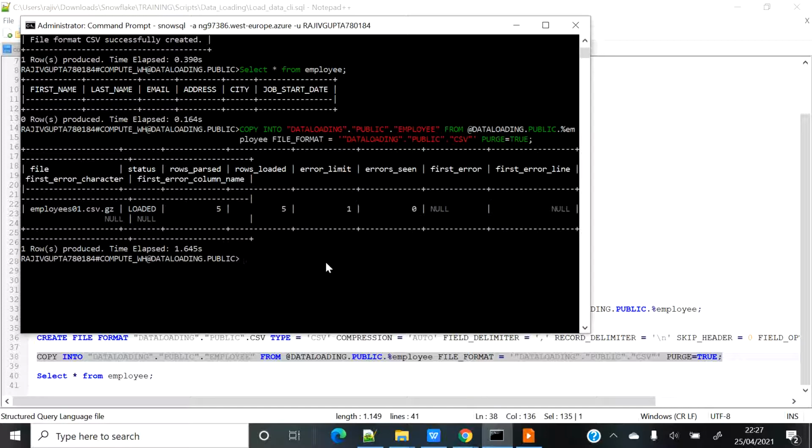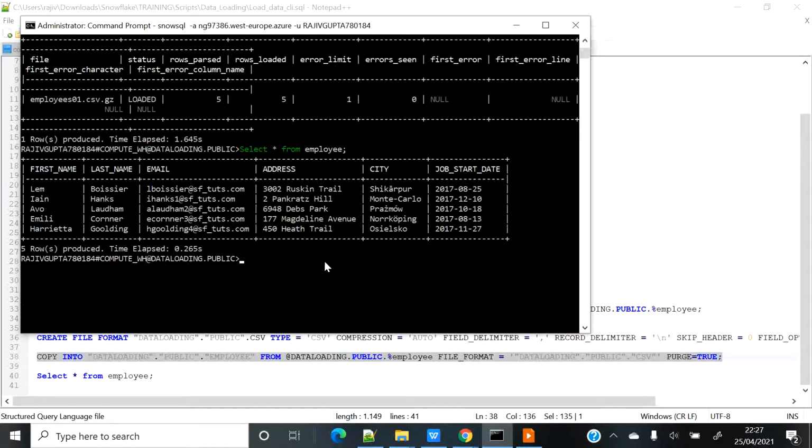Let's go ahead again and select and see whether I have the data. Yes, so you can see that the data was loaded, and this is just a small sample, but this is a very powerful utility, and by using that you can script your data loading part, and you can do a massive upload of data.